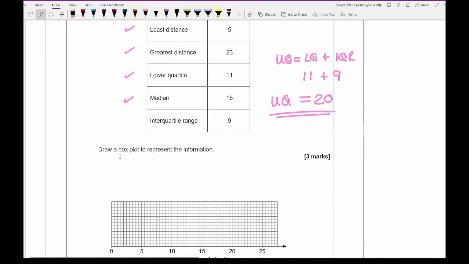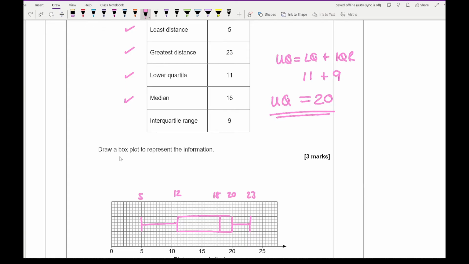So if I just scroll down a little bit, I can move on to the marking. Now hopefully yours will be a lot neater. So I've got 5, the lower quartile 11, which is there, the median, which is at 18, which is there, then the upper quartile, which is at 20, which is there, and the highest value, which is 23, which is there. And then all that's left for me to do is turn this into a box plot, and again make sure you're using a ruler, not drawing it freehand like me, but these values should be 5, 11, 18, 20